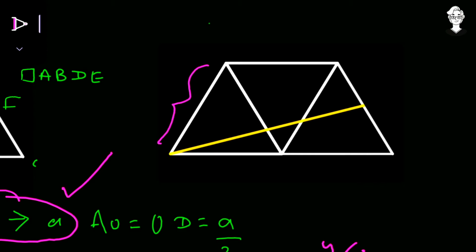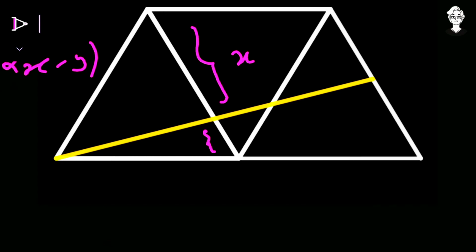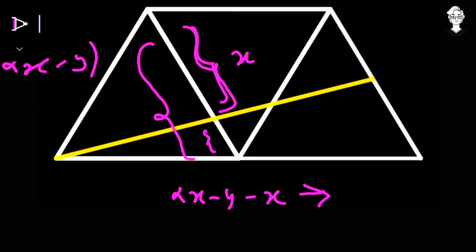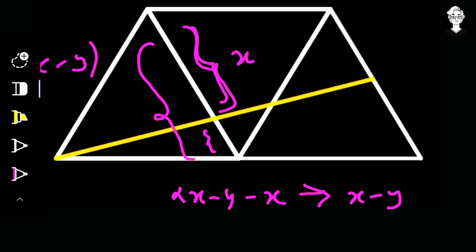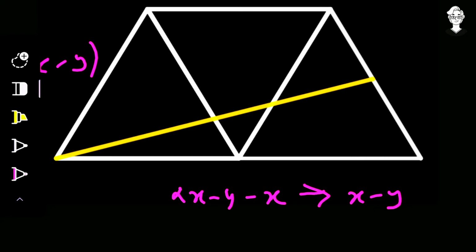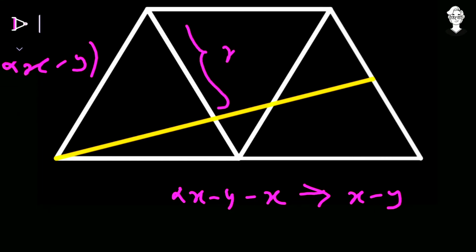This is the side of the equilateral triangle, so it has a length A, which is 2 times X minus Y. This has a length equal to X. Very nice. And is there anything else we have here? What can we say about this length? If this is the complete side of this equilateral triangle, that is 2 times X minus Y, and this part is already equal to X, then the remaining is 2 times X minus Y minus X, that is X minus Y. So marking it, this was completely X, and the remaining part is X minus Y.